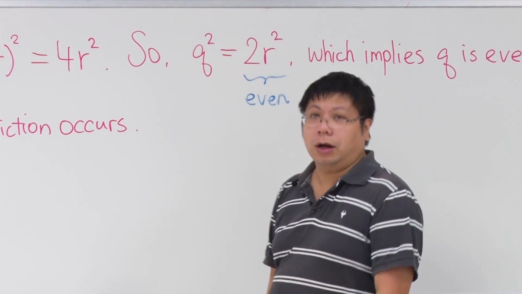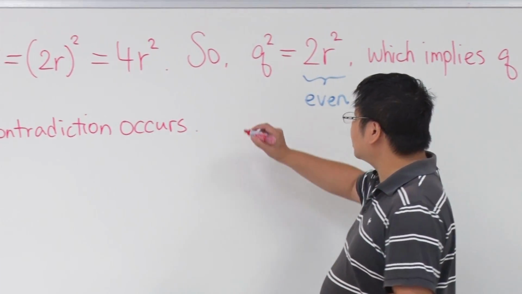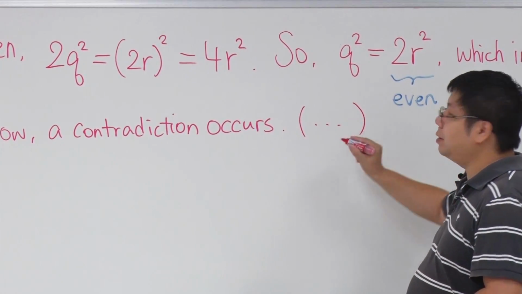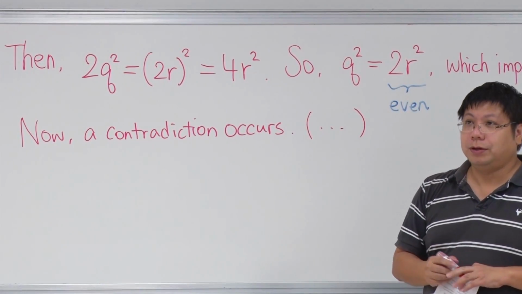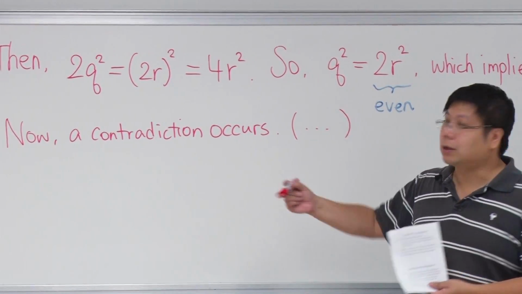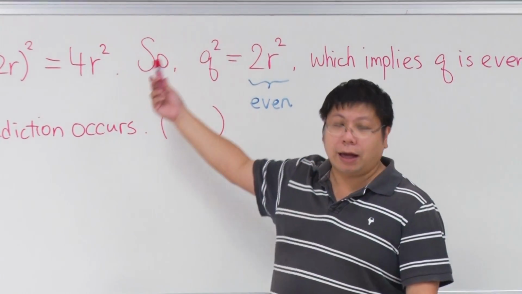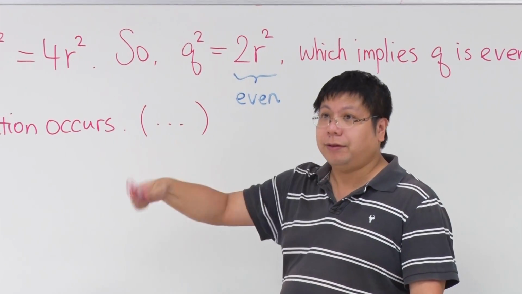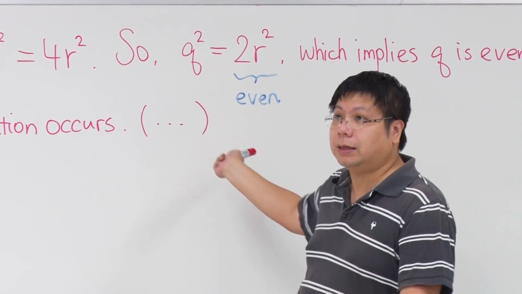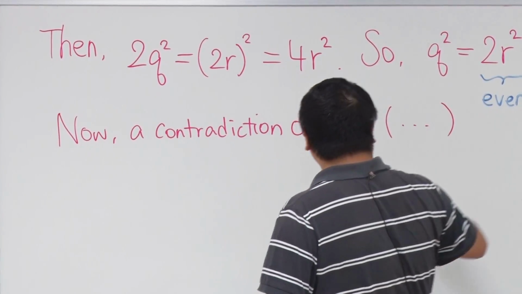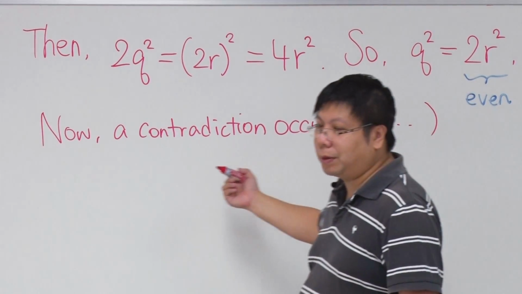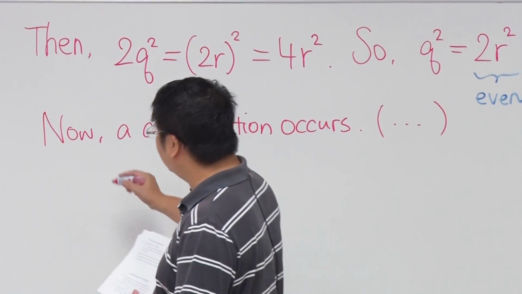So a contradiction occurs. You want to explain what the contradiction is, if you are uncertain whether the reader of your proof understands what you are talking about. So the contradiction comes from p and q not having a common factor and the fact that p and q now have a common factor. Okay? So you can end the proof like this. But to make the proof look more complete,